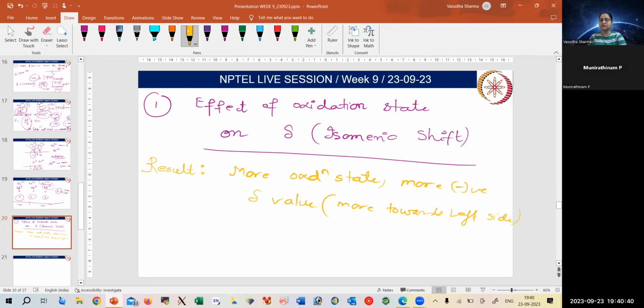So that's a general statement. If you have multiple choice questions, there you can just think that if all the metals are the same and every other parameter is the same, but one is having more oxidation state, that will give you more negative delta. Delta is going towards the left side compared to the others. So this factor is clear. Now, when we move